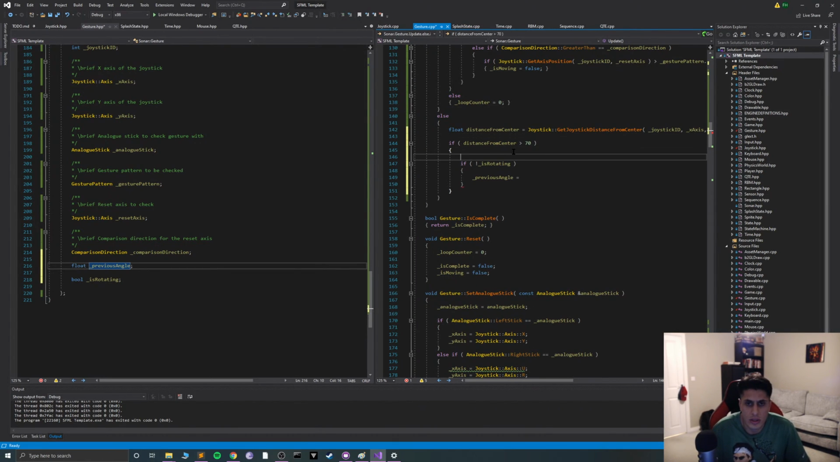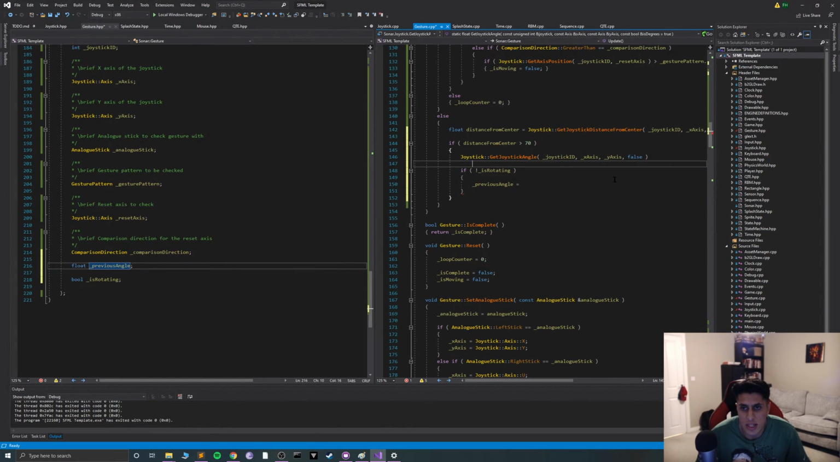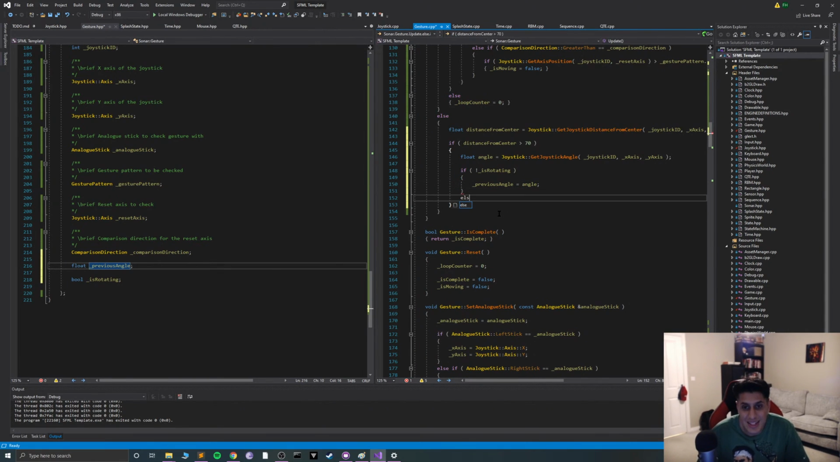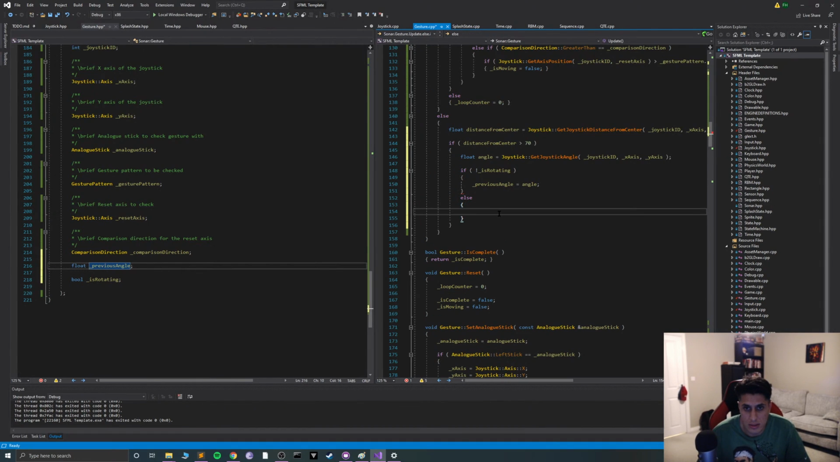Well, there's no point storing extra memory if we don't need to. I'll say true for that. So we do 1 as degrees. Now we're going to say float angle is going to equal angle. If it is rotating, we're going to say